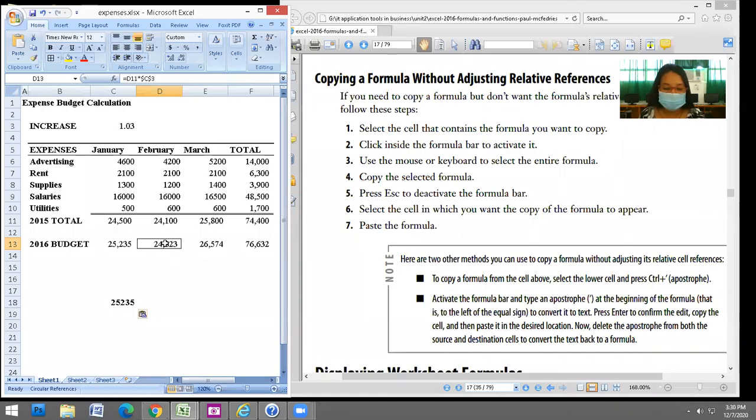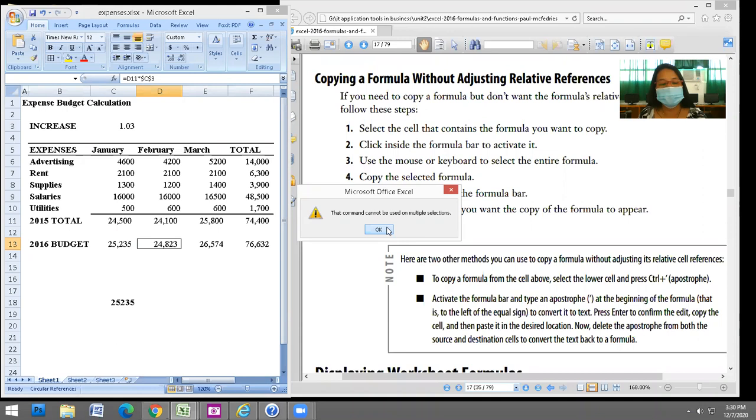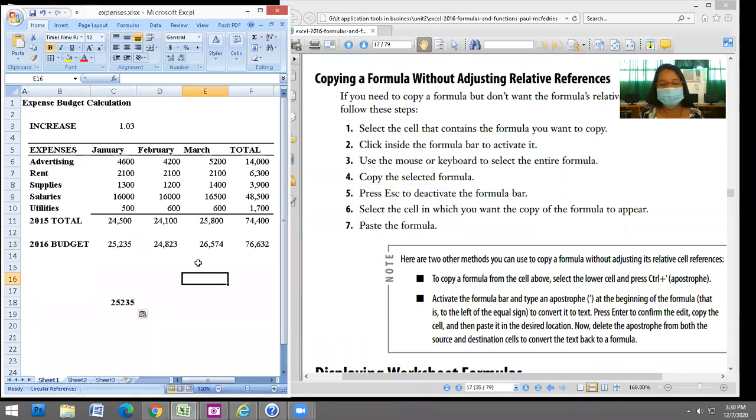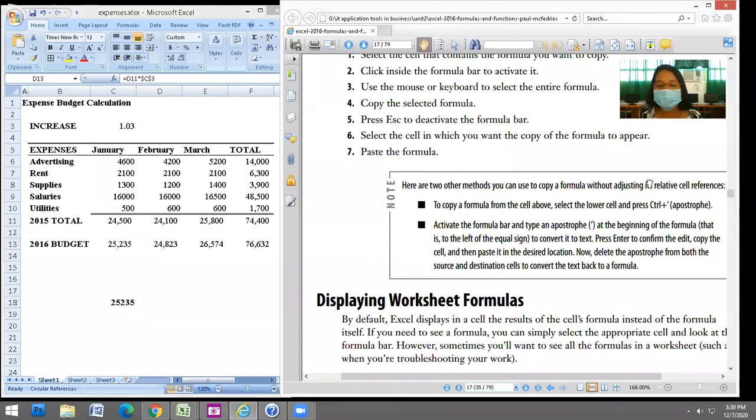Upon doing that, pwede mo na siyang i-click. There. Click mo dito sa copy. Ay, wait lang. Multiple selections. Wait lang. Escape muna. Escape. And then, we press Control and click it here. Okay, by the way, you could find the